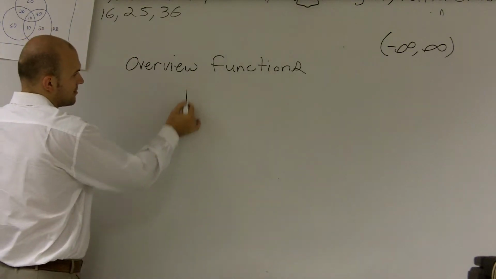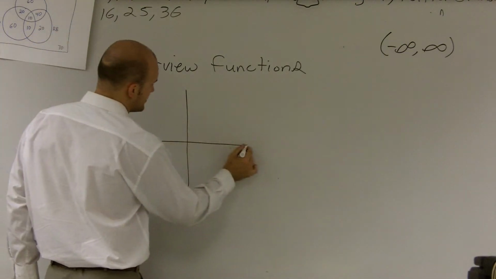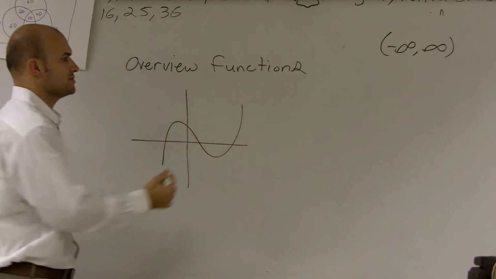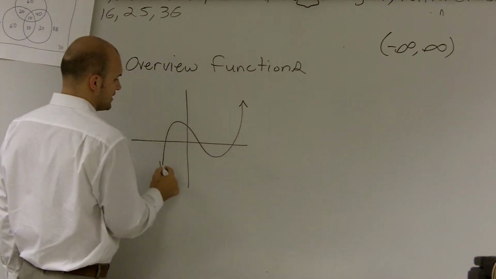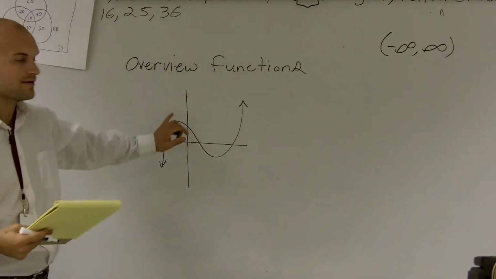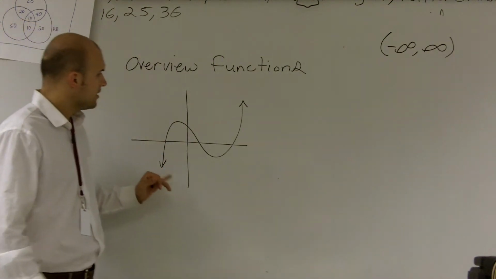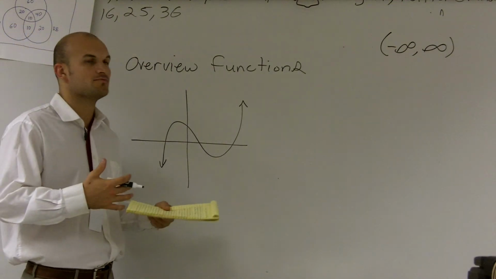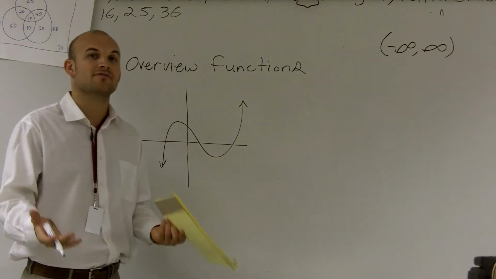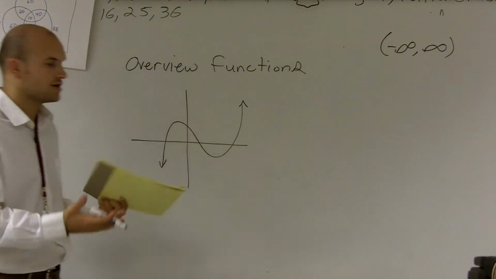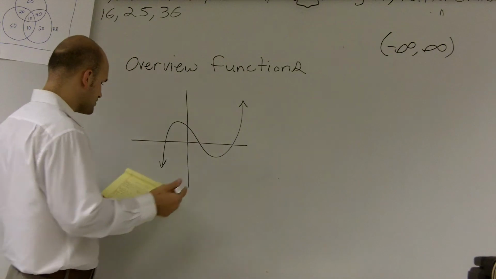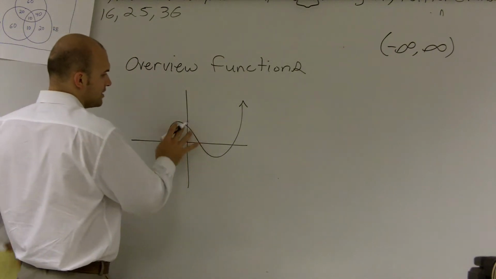So the first thing I'd like to talk about is that when dealing with a function, a lot of us have so far been used to dealing with x and y coordinates on a graph, the Cartesian coordinate system. Well, now when we're dealing with functions, remember, our output is actually going to represent f of x rather than y. Usually it was always x and y. When we're dealing with functions, we want to remember that a function is a set